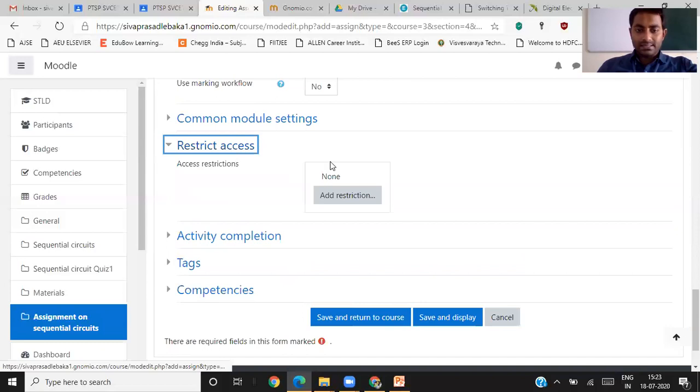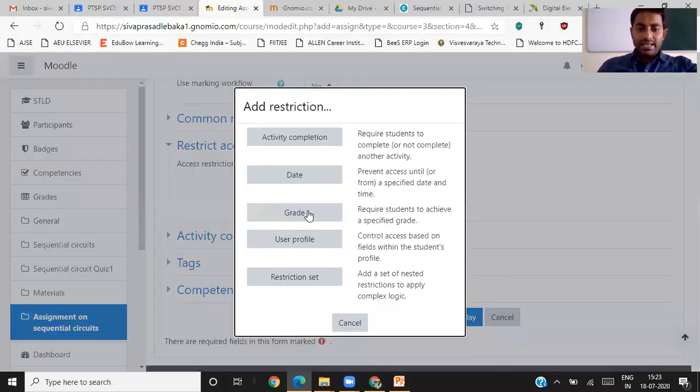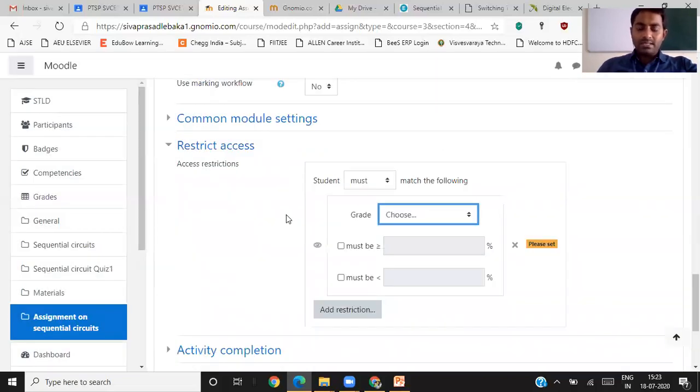And restricted access. Okay, here let us explore one more option called restriction with respect to grade. I want to restrict the student that in the previously conducted quiz examination, out of 10, if he gets, I think you might remember, already I have given, I think, 6 marks for the quiz examination out of 10. So I would like to mention that very clearly. If he gets that 6 marks out of 10 in the previously conducted quiz examination, then only he is eligible to take this current assignment descriptive examination.